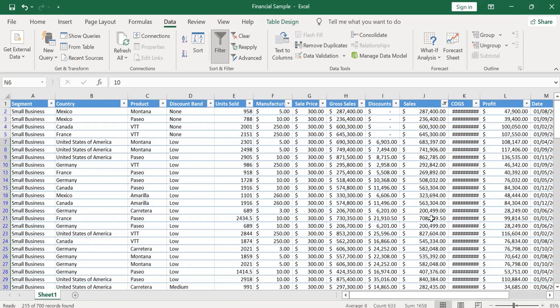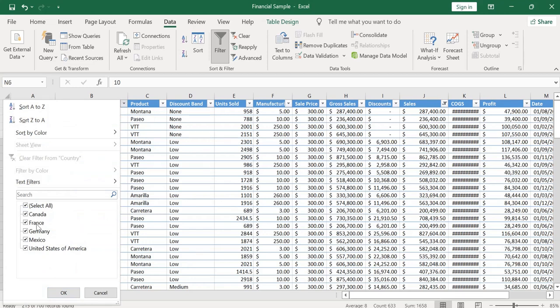For example, here I have the sales, and the data I have is the sales which is greater than 2 lakhs. Now I want only France to be displayed in the Country column. So I'll deselect everything and just click on France. Now I will get the data where the country is France and whose sales are greater than 2 lakhs.